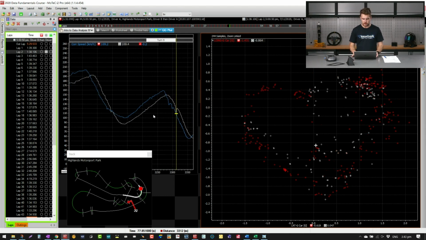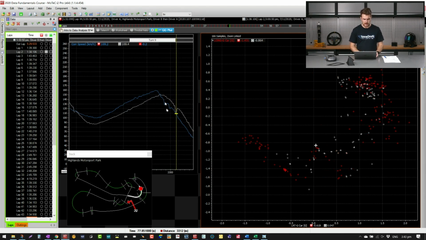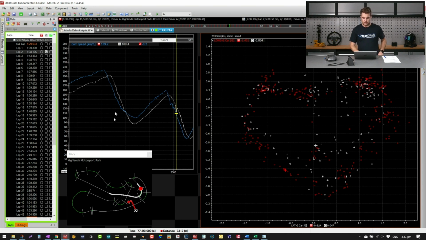So if I zoom further and further into here, I'm just going to really concentrate on this area, which is breaking into quite a slow corner. So in this section, I want to concentrate on this area of the scatter plot. And the reason I want to focus on this is down here at the very bottom,